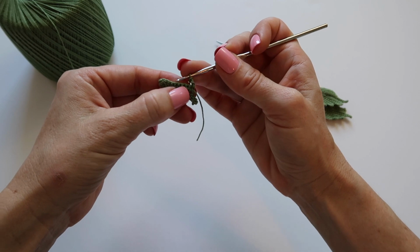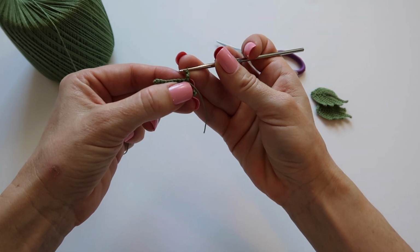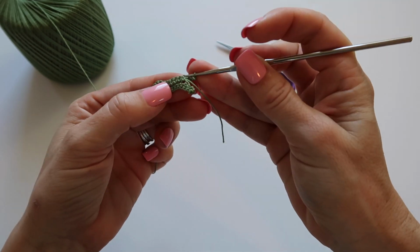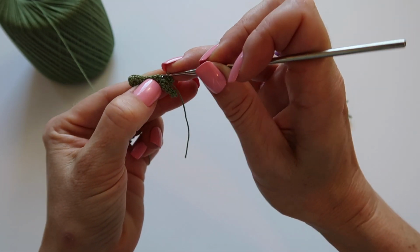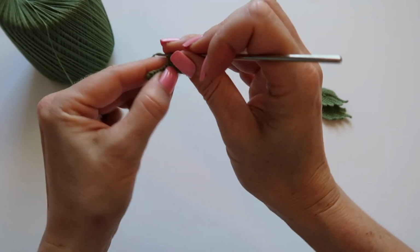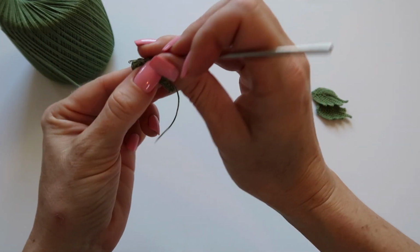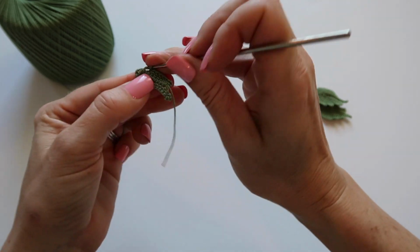And now we're going to be working in the back loops only of these stitches. So we are going to single crochet in the next 9 single crochets. So picking up the back loop only, we're going into that very first single crochet. So here is 1. Here is 2, 3, 4, 5, 6, 7, 8,